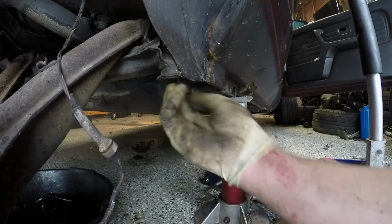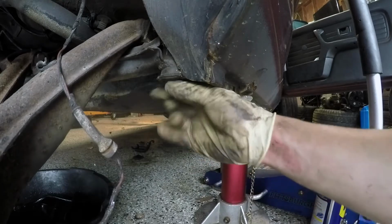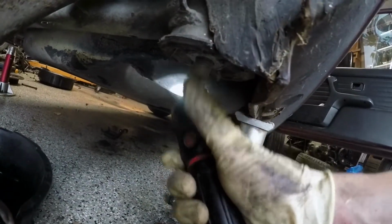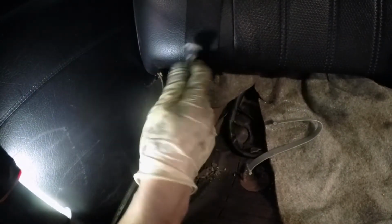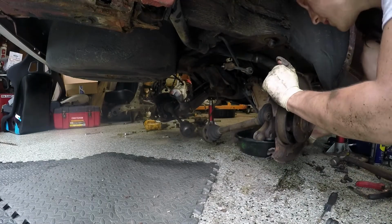Now I can sort of take the nut off. Alright, that's about good, right? Now I take the nut the rest of the way off. So now we've got just a couple of threads sticking out in there, and that works. Alright, it's hard to see, but now you can watch, and the stud comes right out from the top. Now, my suggested way of getting the subframe out